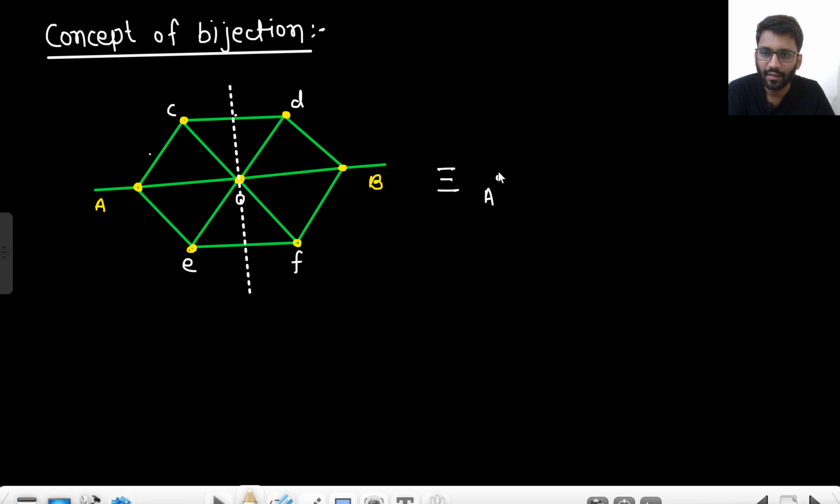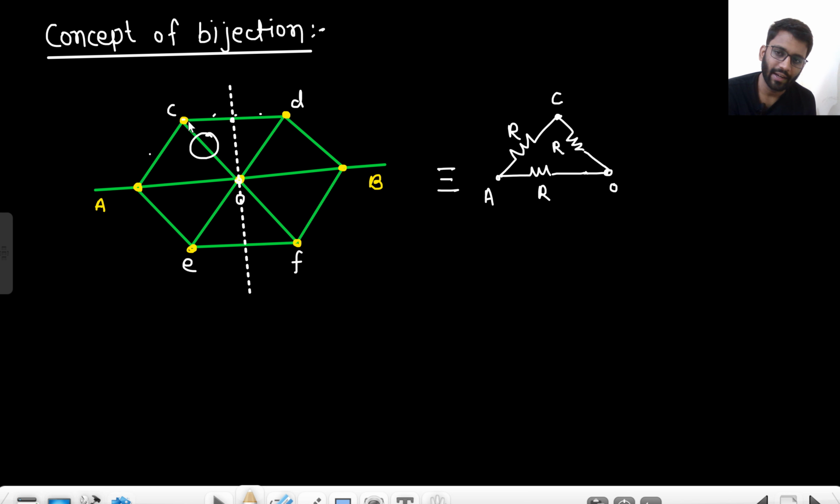This is point A, then a resistance R is there, then this resistance R is there, this is node O, this resistance R is there, R, R. Now this is R by 2, right? Because this completely was R. If I am bisecting it from between, this will become R by 2 and R by 2. So this R by 2 and this point is same. So between C and O, we have this R, and between C and O, we have R by 2. Right? So between C and O, we have one more R by 2.